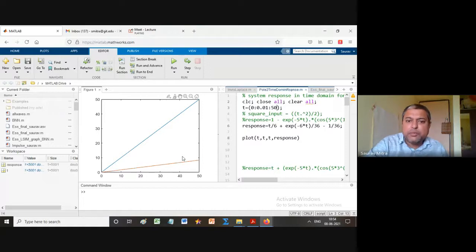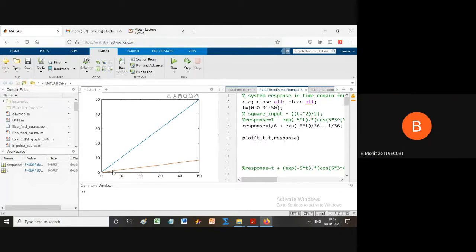That difference between input and output, the red line and blue line, where red line is the input and blue line is the output. This distance is increasing with respect to time. So how much is this distance going to be at t equal to infinity? Can I say that this distance also will be infinity at t equal to infinity? Understandable or not? Guys, please respond. Otherwise, I cannot proceed. Yes, sir. Understood, sir.